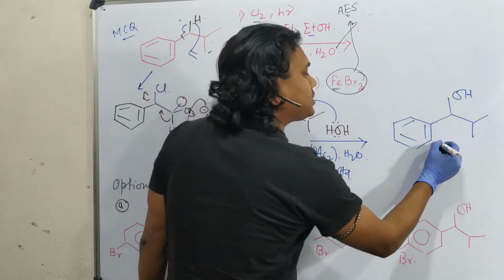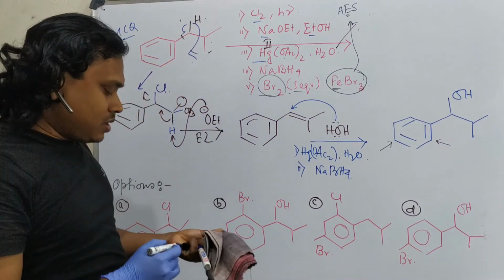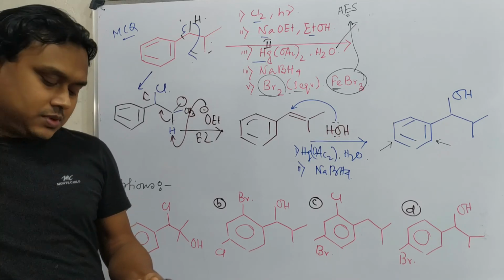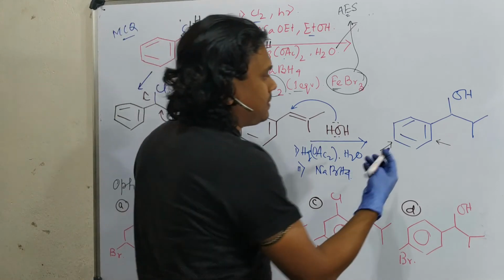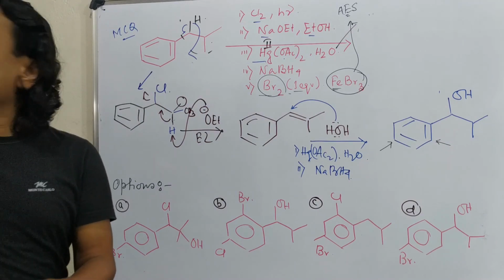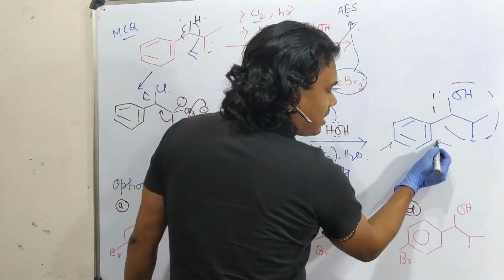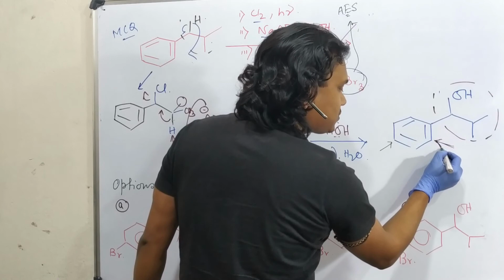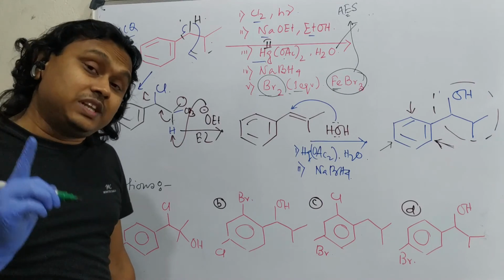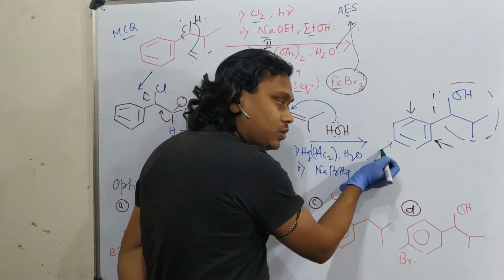And what is the situation? We can expect either ortho or para. That is the chance, two possible. But now if I think, what is expected to be the major product? Just think. See, this ortho side, its bulkiness will block the accessibility of the ortho position. See, this is a steric protection, not electronic. Please try to understand. So sterically this position is protected. So preference goes to para.